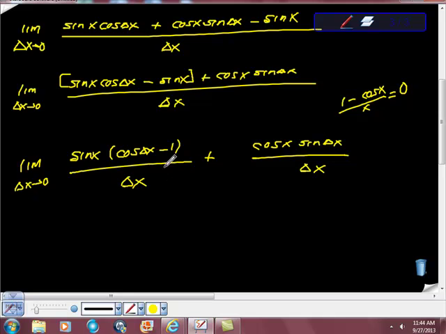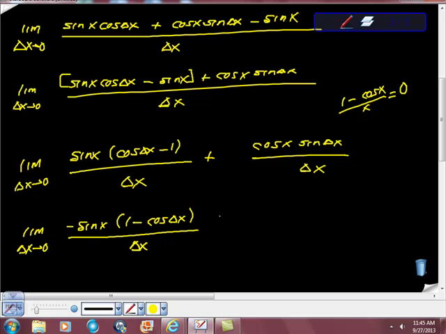So check this out for just a second. I'm going to factor out a negative 1 and rewrite this again. Limit as the change in x goes to 0 of negative sine x times 1 minus cosine change in x. If I multiply this negative times this positive, I'll get this negative 1 here, and if I multiply this negative by this negative here, this will go positive. So all I did was factor that out so I can use this rule, all over change in x, plus cosine x